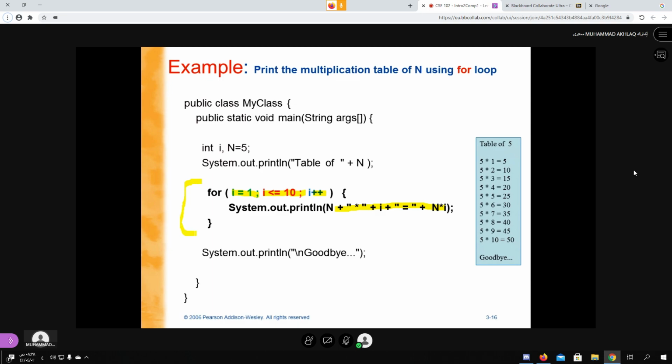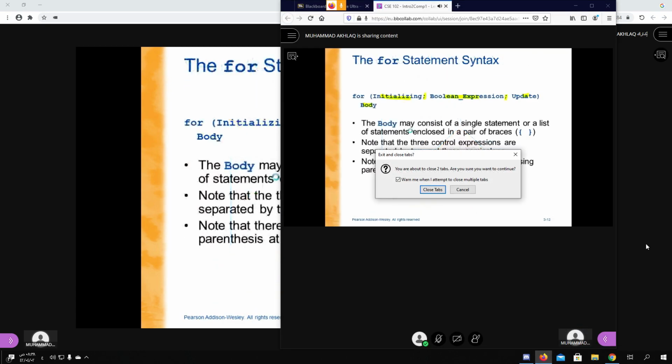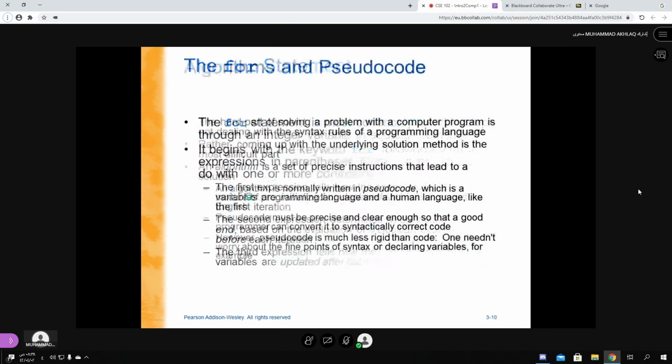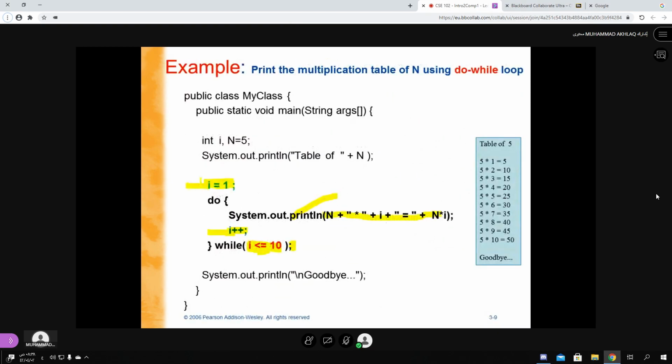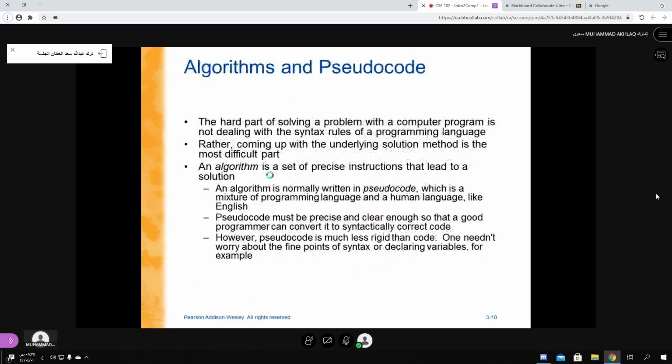If I give you this for loop, convert it to a do while loop. Just check the initialization and put it here. The second thing is the condition, put it in here. The third thing is the increment or decrement, put it inside this do while. And the statement itself goes here. So it's only different places.